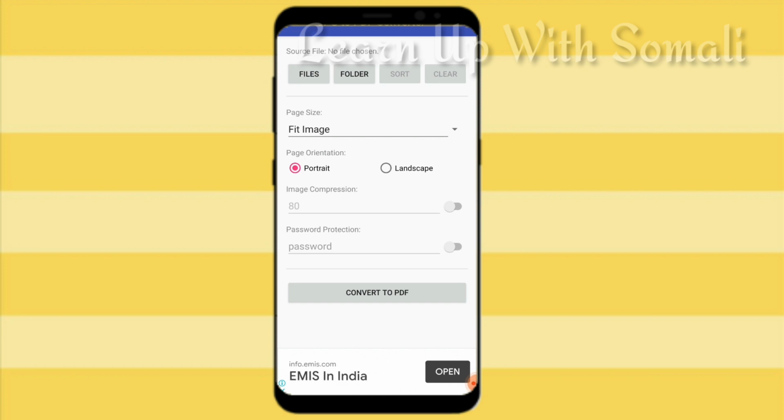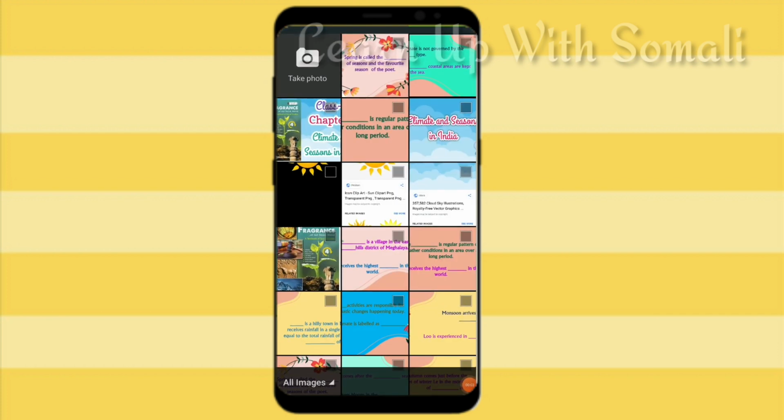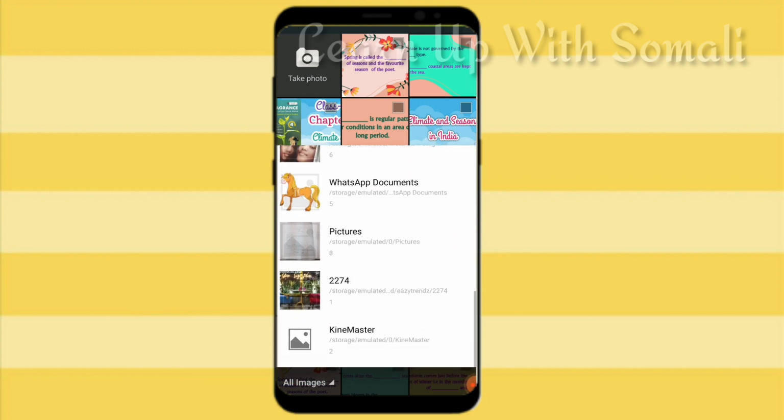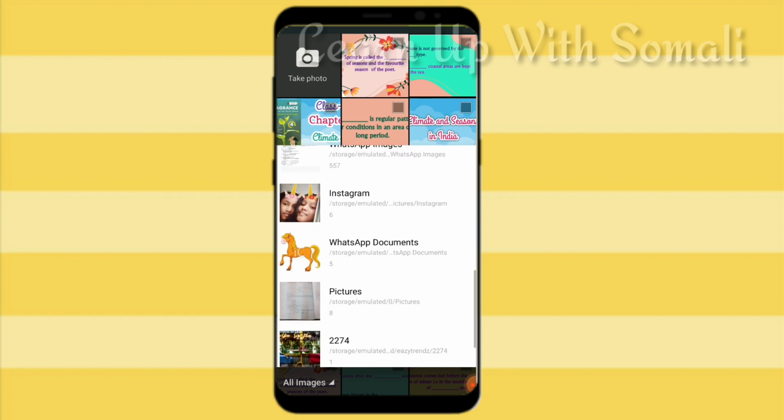Okay, now my dear kids, let's choose the images that need to be converted. After clicking on the Files option, you will be able to see your recent images. There is an option on your bottom left. If you click there, you will get all the folders such as screenshots, downloads or WhatsApp images.